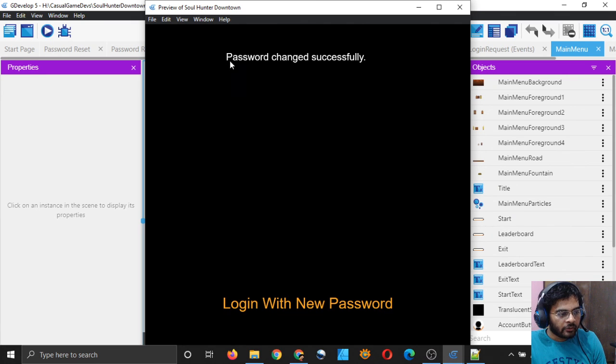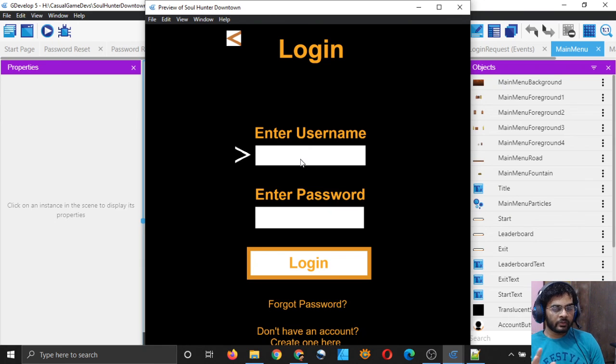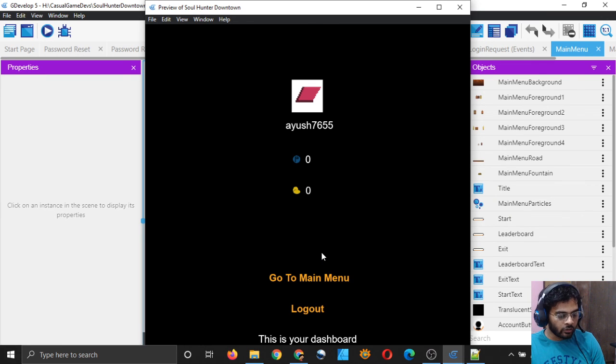Yeah, password changed successfully. Now I can click on to login with the new password. Let me see if the new password actually took effect or not. Yeah, it did. Now let me type a wrong password and see what happens.